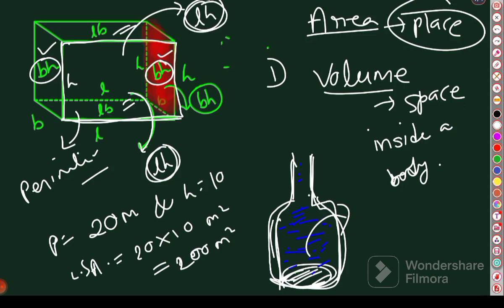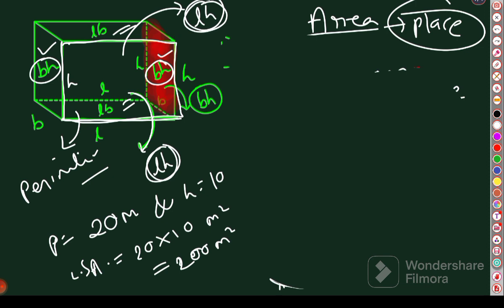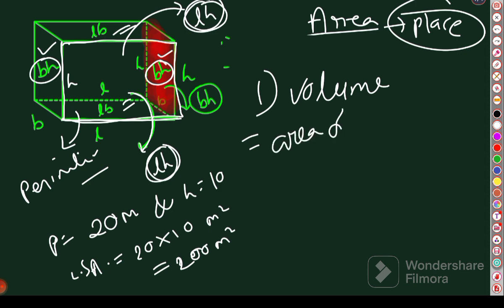Here you go. Next, we'll find out the volume. So how to find out the volume? The volume formula is always, in maximum cases, the product of the area of the base and height. That means volume will be area of the base into